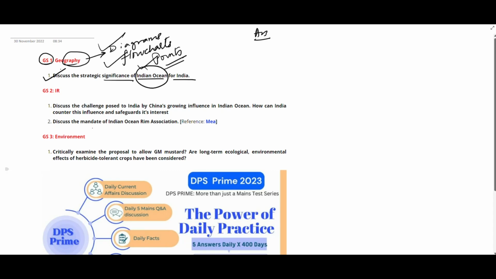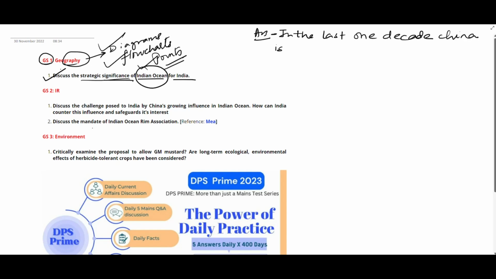Since the question is asking for the strategic significance of Indian Ocean for India, the question is already saying you have to discuss why it is important. So it is best that in the introduction you give the context, why this topic of Indian Ocean is in news. We can talk about the increasing presence of China. In the last one decade,